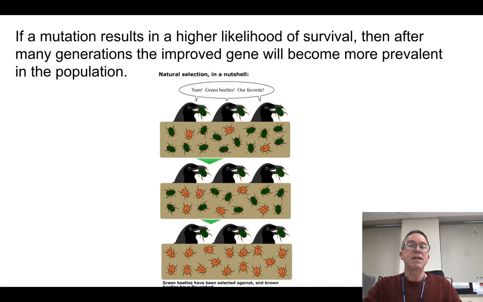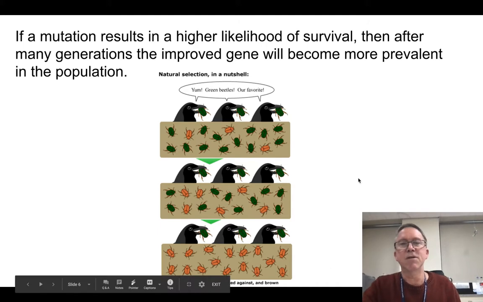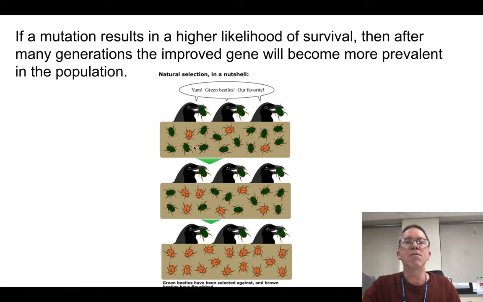So basically, if it makes you more likely to survive and it makes you more likely to reproduce, then so here's a diagram someone put together. It's a little bit wrong because it's not just about that they like to eat green beetles. It's just that in this case, we'll just say being a green beetle makes you more observable. So the predators are more likely to find you, and being the red one gives you a little bit more